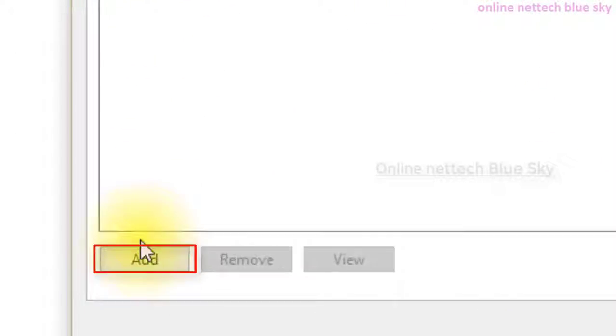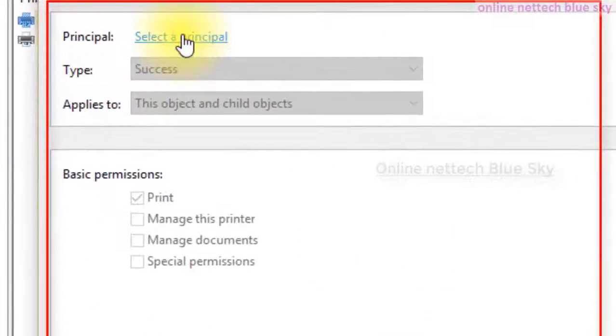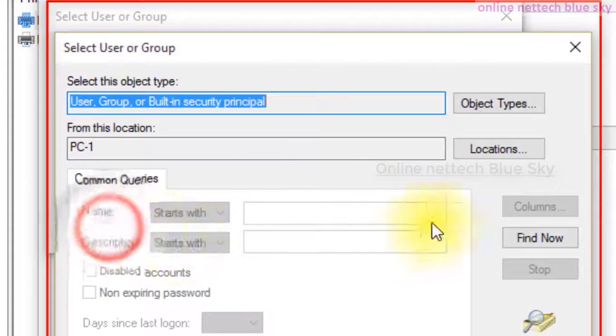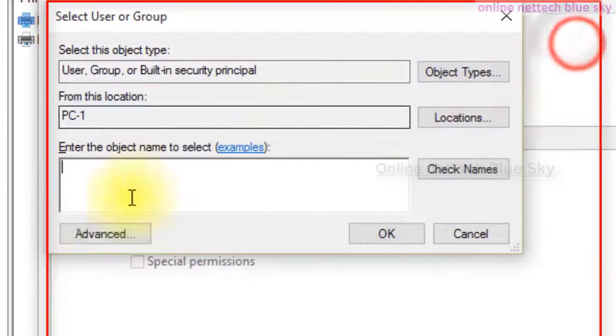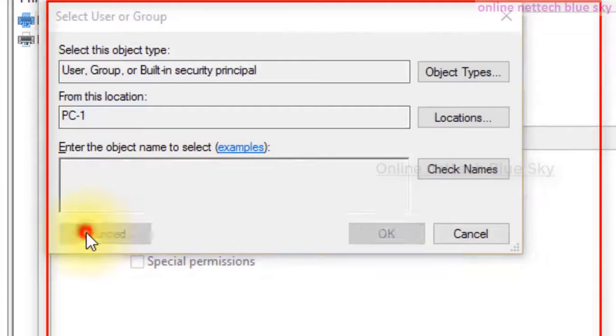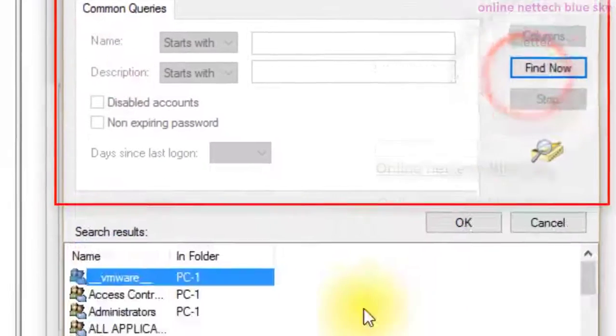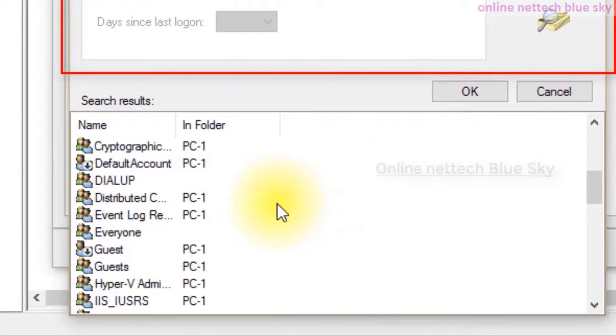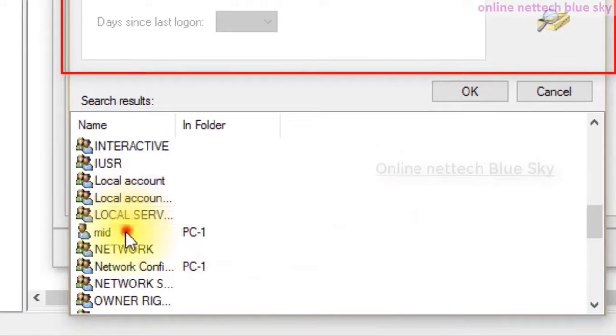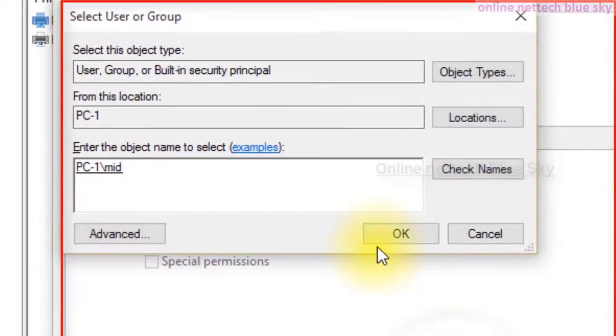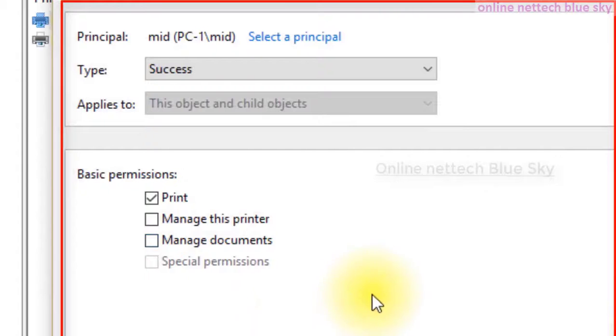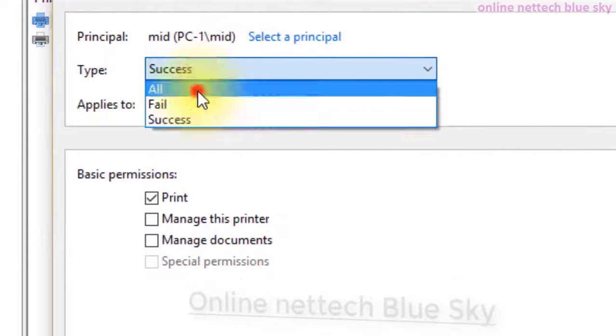Auditing, you can call any auditing, how any auditing for information, select principal here. And I like these users, maybe they are changing anything. So I want an information log that I can check. So when this user changes anything, automatically it gives you a notification, and you can see success and fail, all.